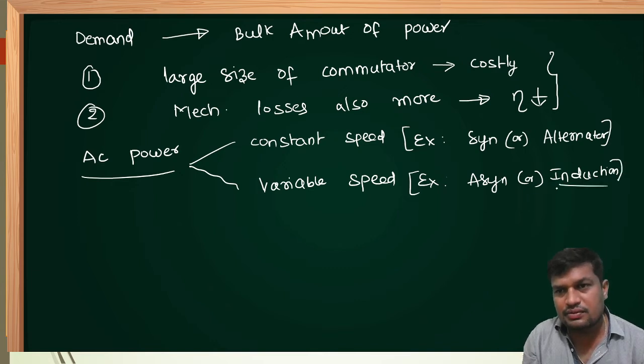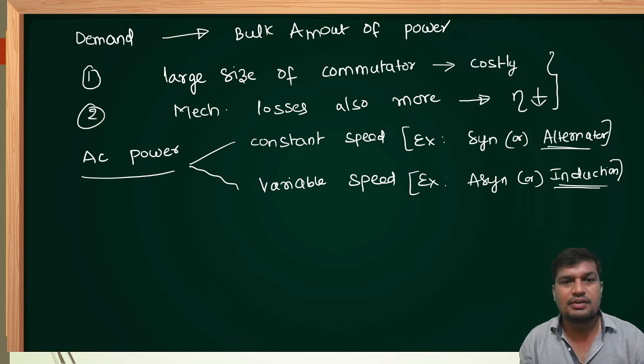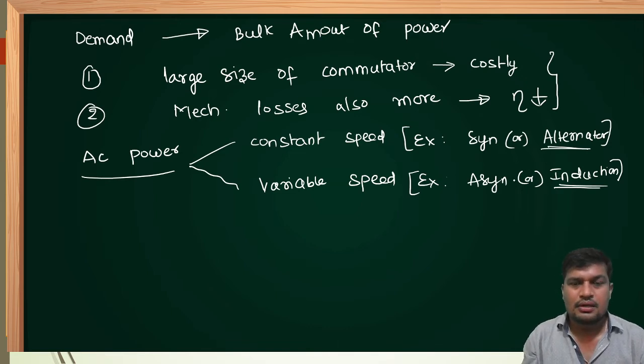In wind power plants, we are using induction generator to generate electrical power. What is the reason we will discuss. In thermal plants and hydro plants, we are using alternator or synchronous generator to generate bulk amount of power. What is the reason we will discuss. Just now I have explained